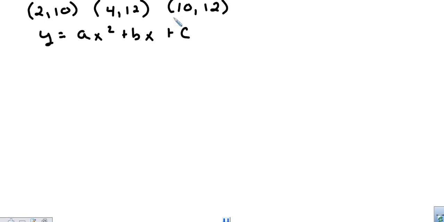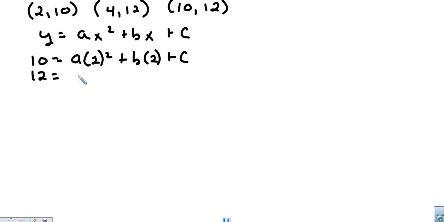4 is x, 12 is y. 10 is x, 12 is y. So let's write our system here. 10 is equal to a times my x value, 2 squared plus b times 2 plus c. I have taken the point and substituted 2 for the x's and 10 for the y. And we do the same thing for the next one. 12 is equal to a times 4 squared